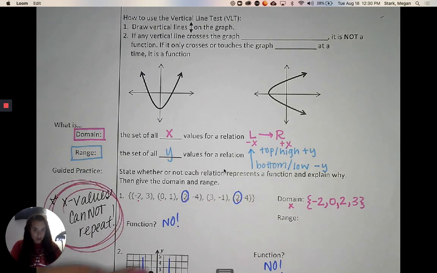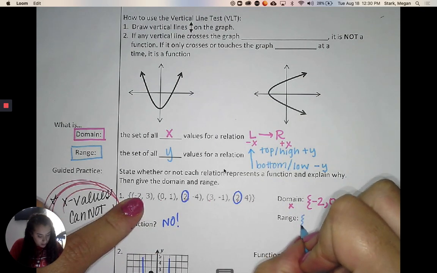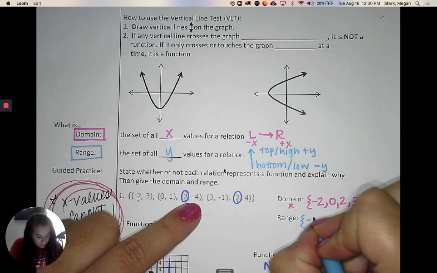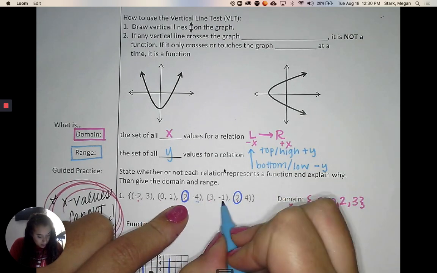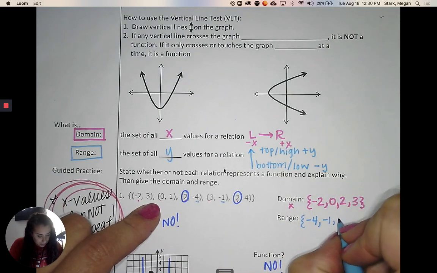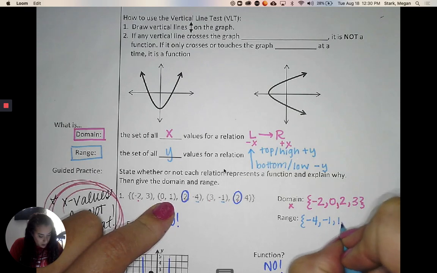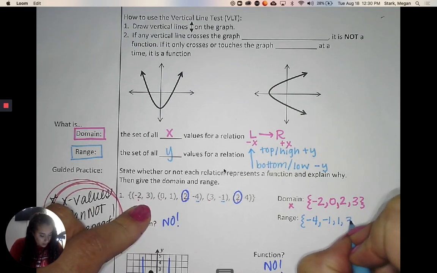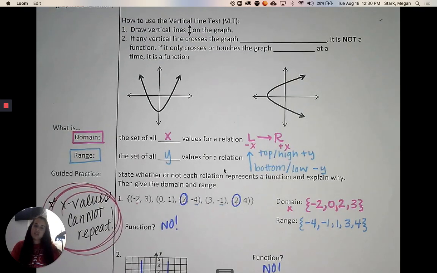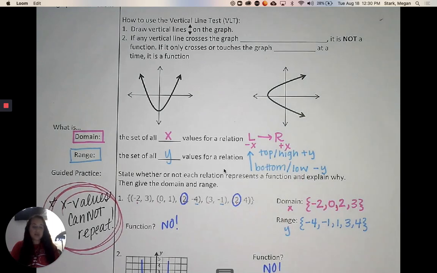So range is our y values from smallest to largest. So -4, -1, 1, 3, 4. Okay, and put the y there so we know. So there's our domain, there's our range. Pretty self-explanatory, right? Okay, so let's look at